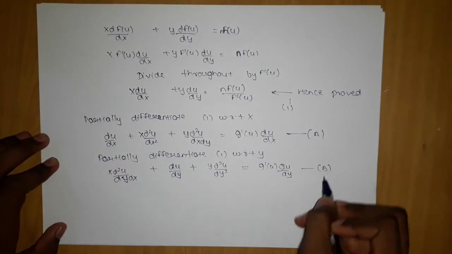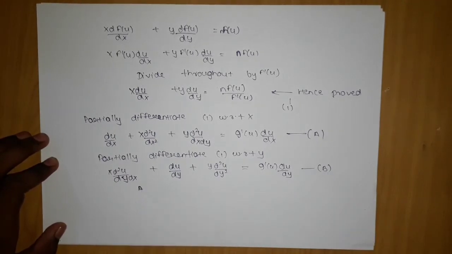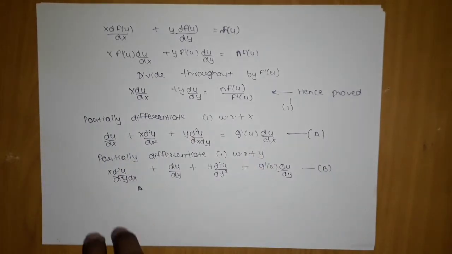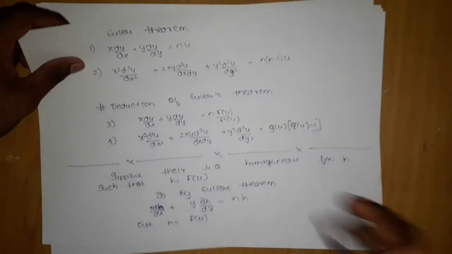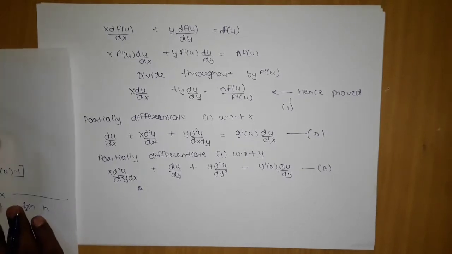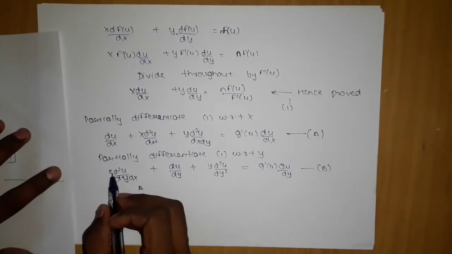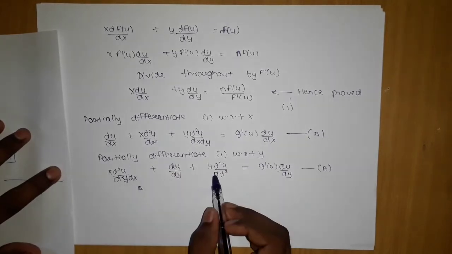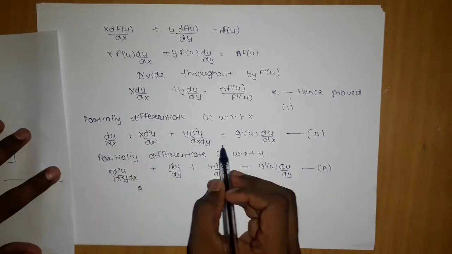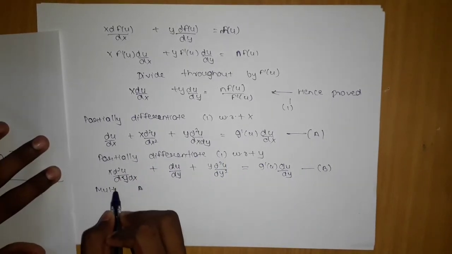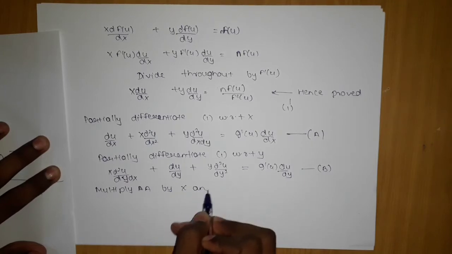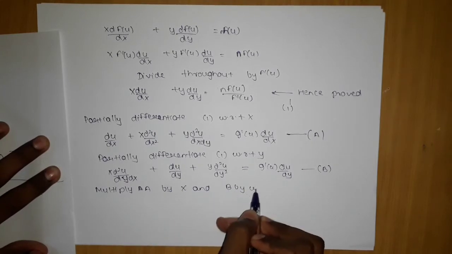So let's call this b. Add. Okay, but before adding, what we should do is multiply this. Listen, in this formula you can clearly see x² is there and y² is there. So to create x² and y², what we need to do is multiply this one by x, and multiply this one by y, and this one by x. So multiply a by x and b by y.